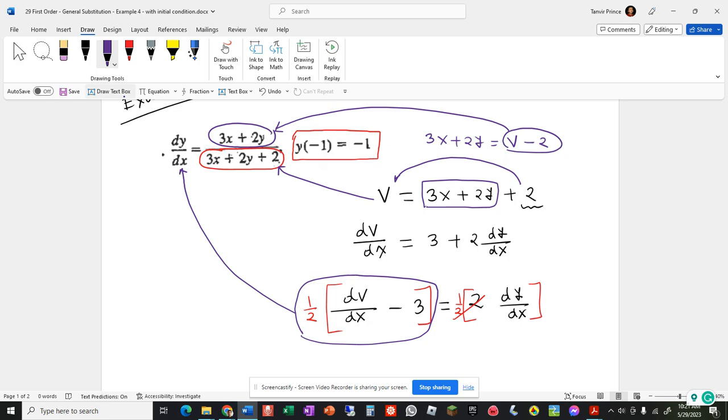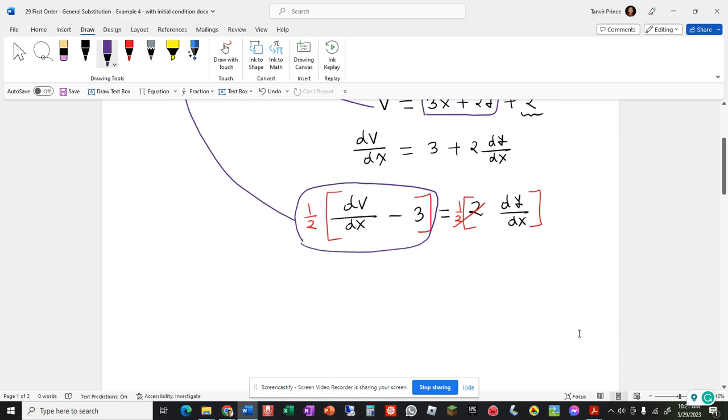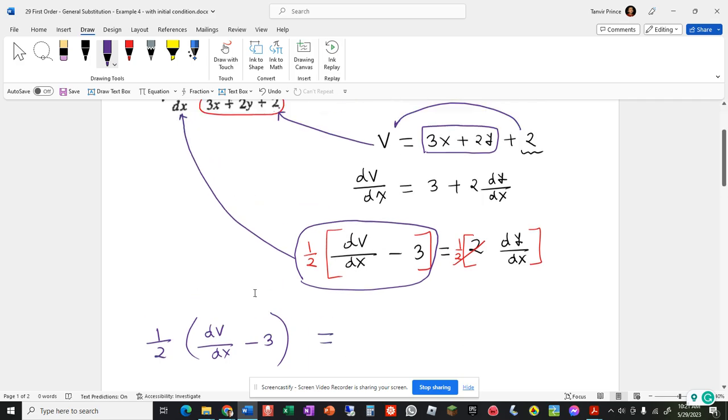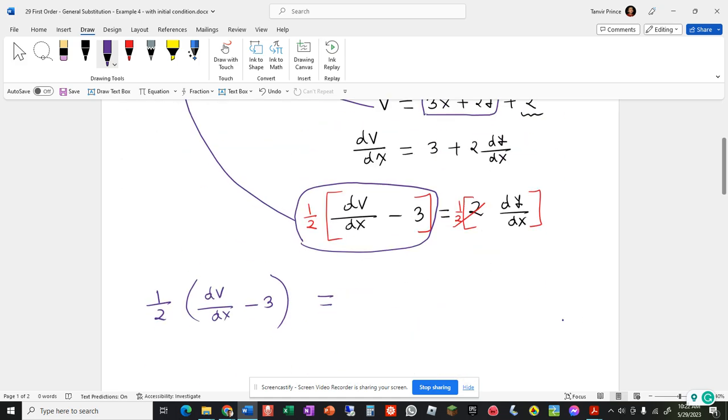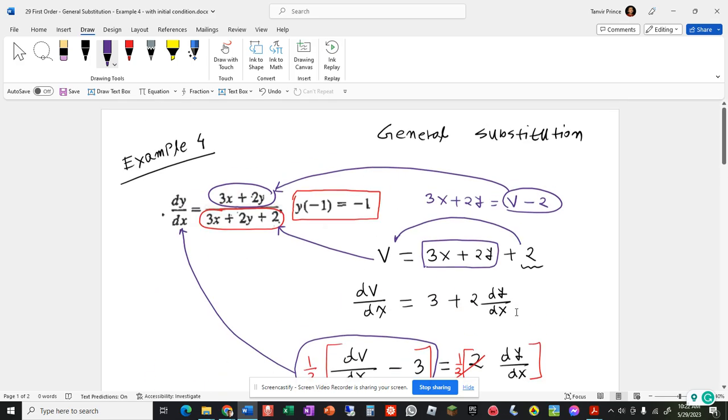So let's do the substitution. So that's the left hand side, equal to v minus 2 on the top, and on the bottom is simply v,